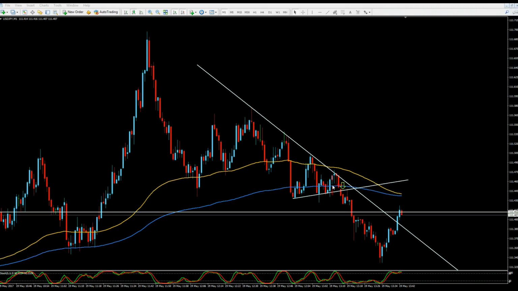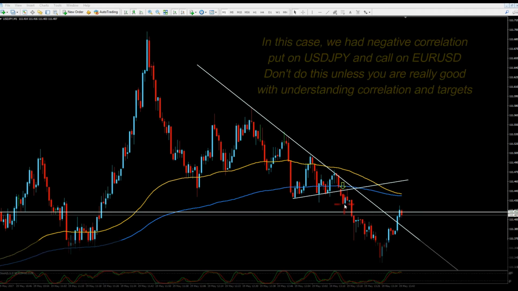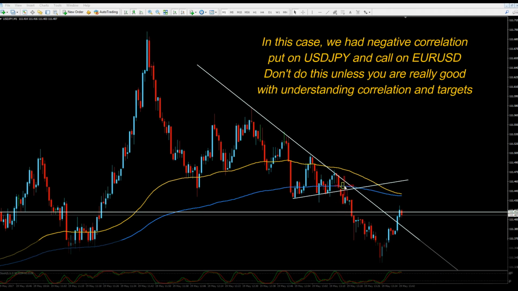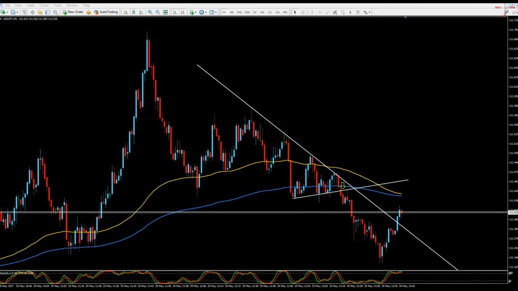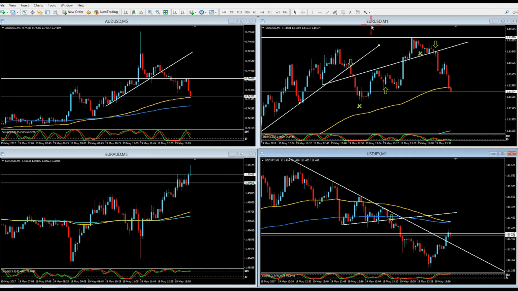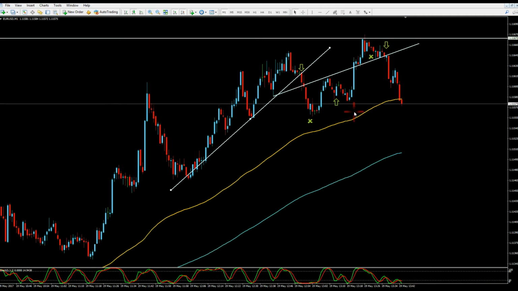I'm going to show you that too. So why did I take the EURUSD trade at the same time? Because I saw we have currency correlation, negative correlation. So one is falling, one is rising, and the breakout happened. So I thought that this is broken, it's going to fall. So that means EURUSD should get up. So this was purely, the EURUSD was purely